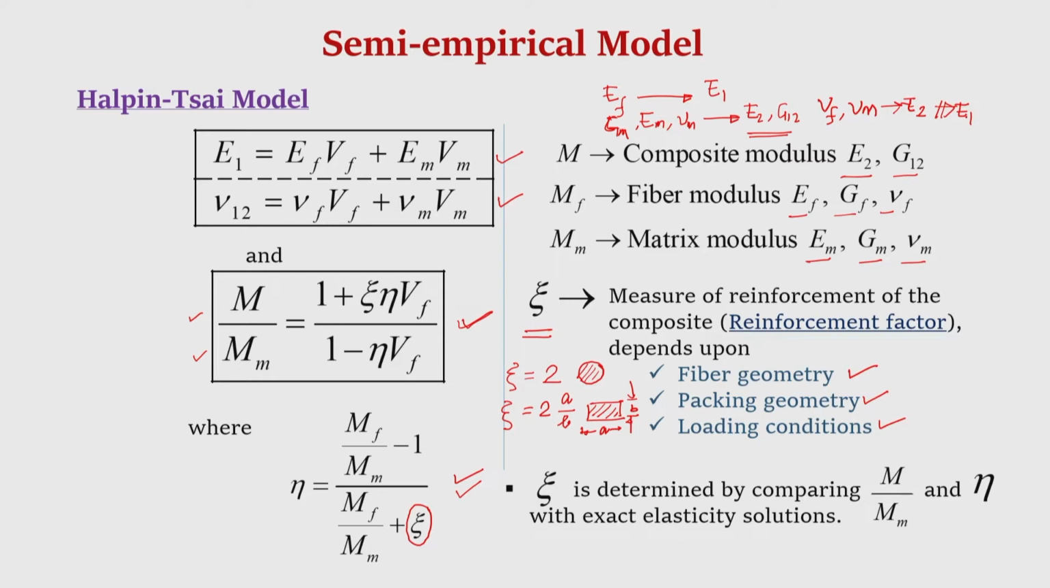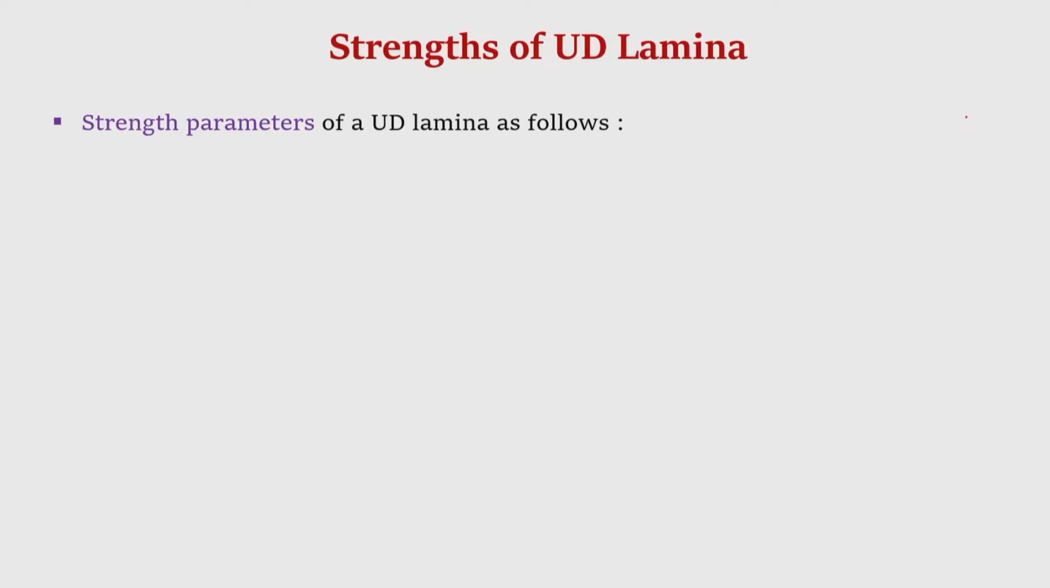This is what we understood from the discussions in the last two classes. Having understood the mechanics of material approach and the semi-empirical approach for determination of the stiffnesses, let us now go to another important topic: determination of the strength properties of a unidirectional lamina using micromechanical approaches. We have already seen in our discussions on macromechanical analysis of lamina that a unidirectional lamina has 5 strength parameters,